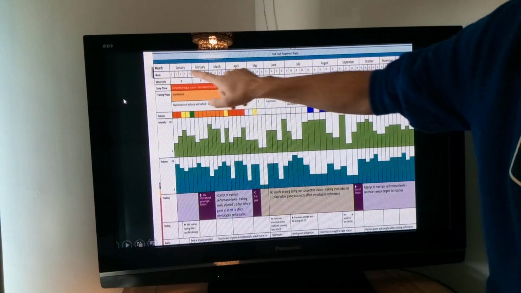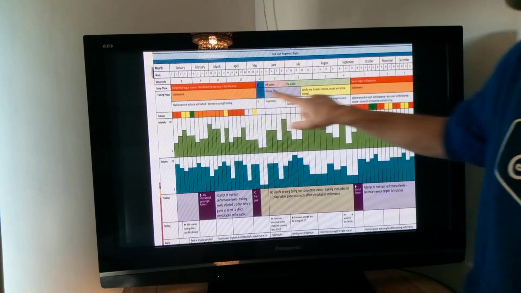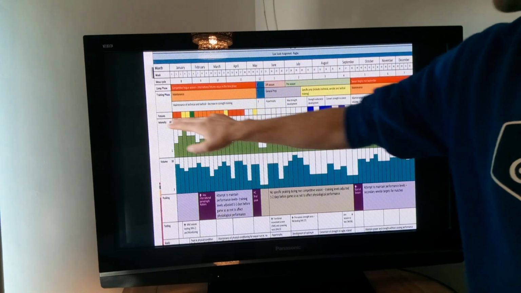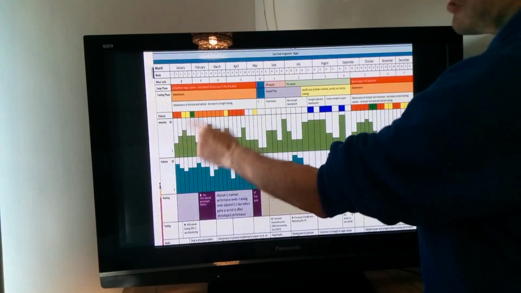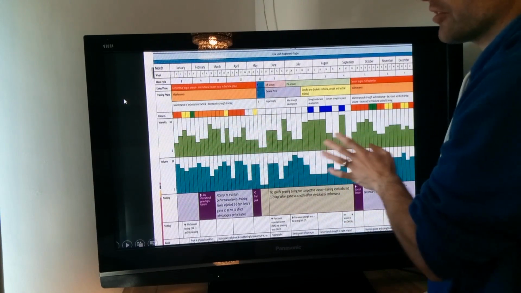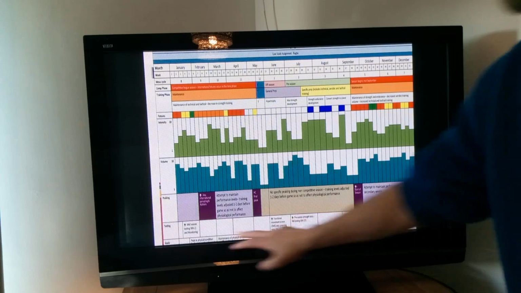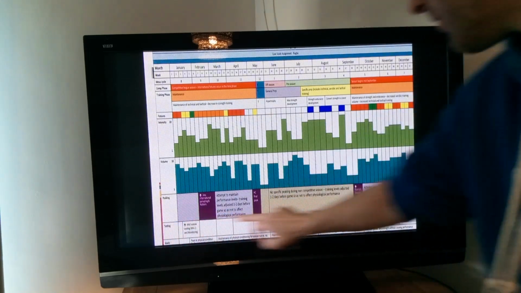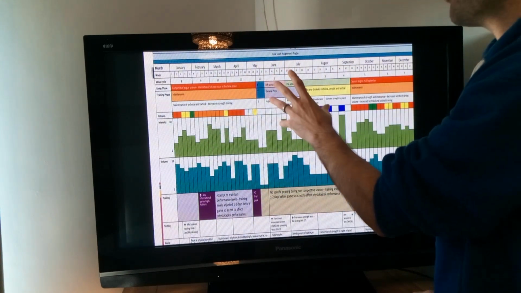Weeks, mesocycles, what phase you're in, what training phases that you're going to be doing. Don't worry about the fixtures. Intensity and volume I want you to do, but don't worry about doing the graphs. Just say whether it's going to be a high, low or medium intensity that you'll be working at within the phases. Okay, don't worry about the peaking. Tell me when you're going to test. Okay, so you'll create one of these for your sport.